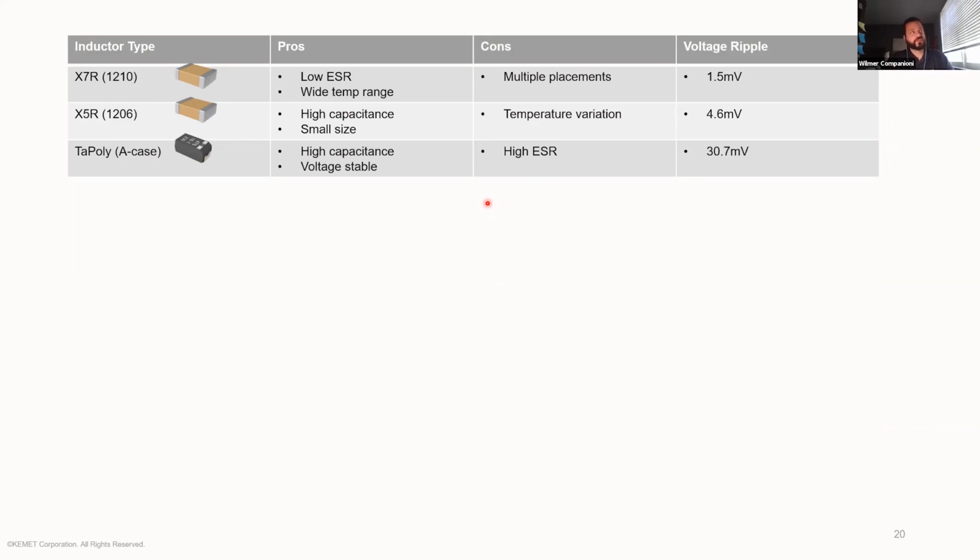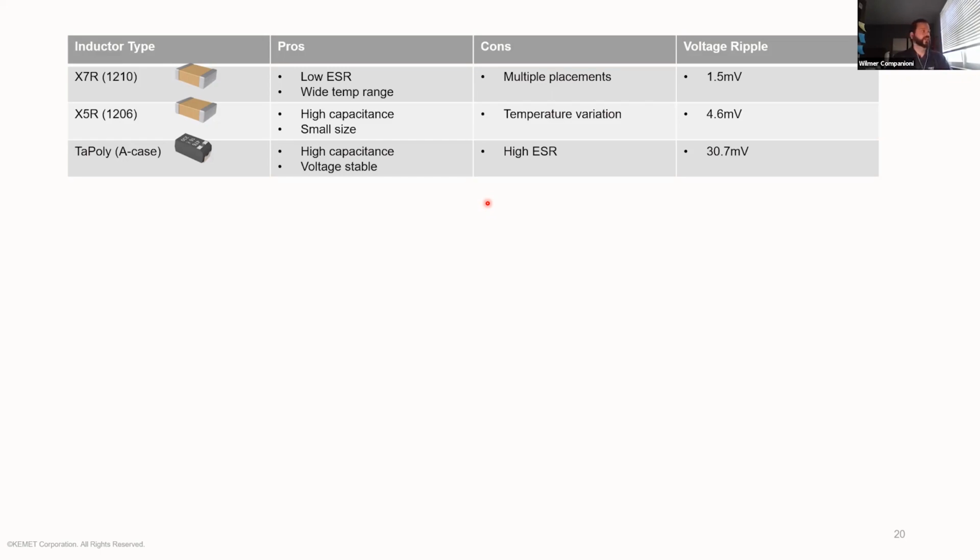But the end result was actually a fairly low ripple voltage of 1.5 millivolts or so. In an X5R condition, X5Rs have a little bit more capacitance than X7Rs, and it's small size, a single placement, but then that comes with the effect that it's not as temperature stable as its X7R counterpart, and it results in a 4.6